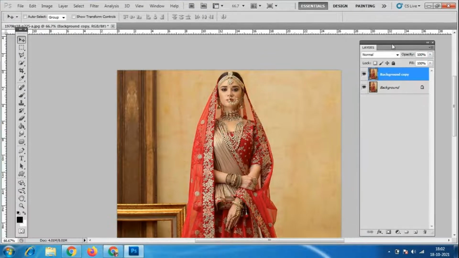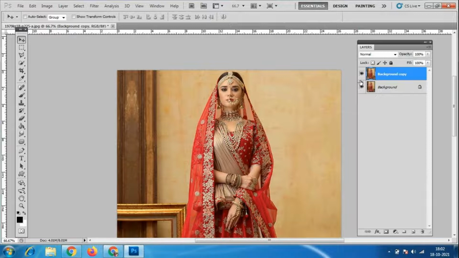Now I will turn off one layer. I have to edit using only one single layer. I'll keep the other as a reference because I want to edit only this layer. If there is any problem with this layer, I have a backup, one more layer, one more file here. That's why I'm keeping the background layer. Now I have to cut here.